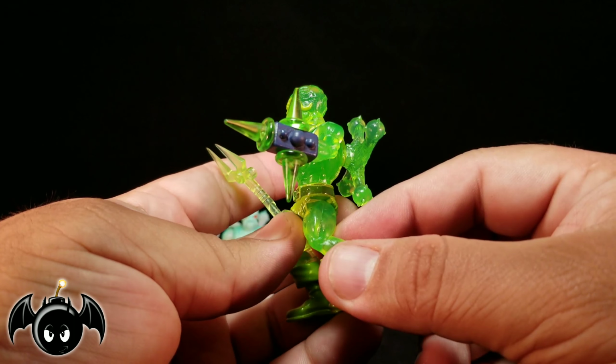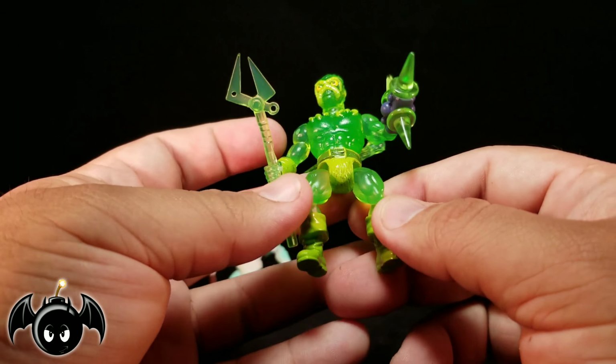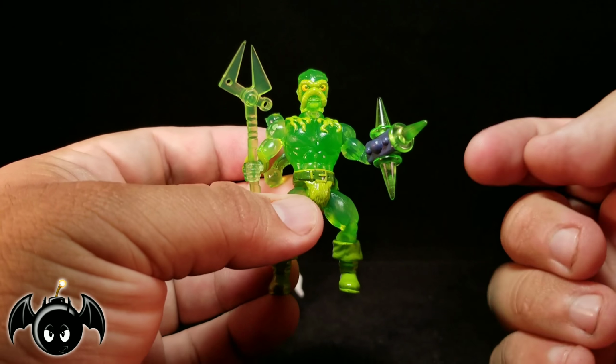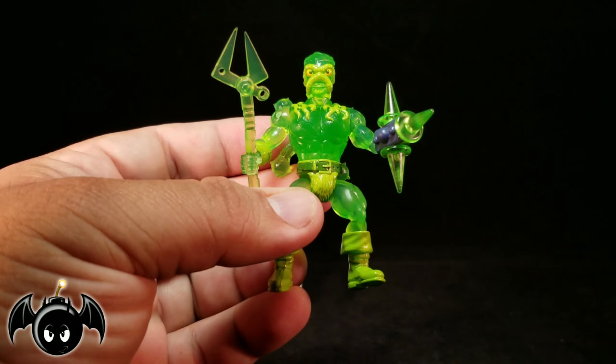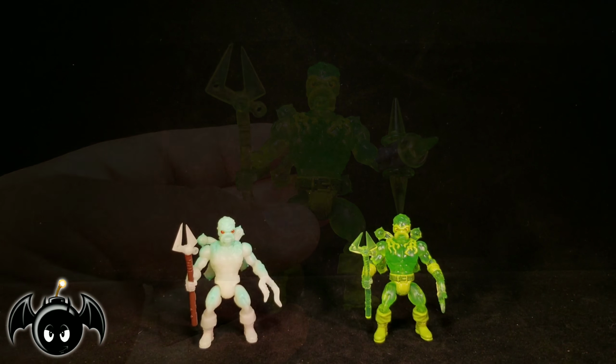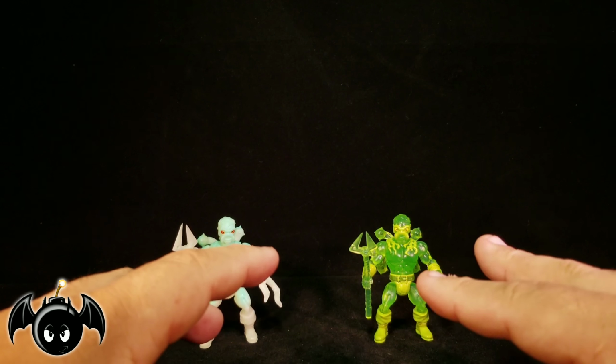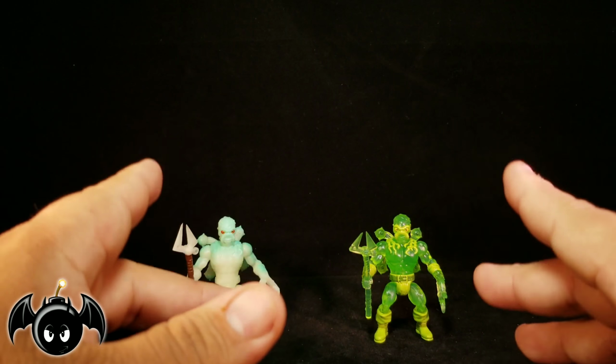So I think that works out pretty cool. So now you can give him some spiked arm thing, just wail on people. I think that's pretty rad. That is so very cool. So what's cool about each individual figure is that we do get a ton of extra parts to basically make